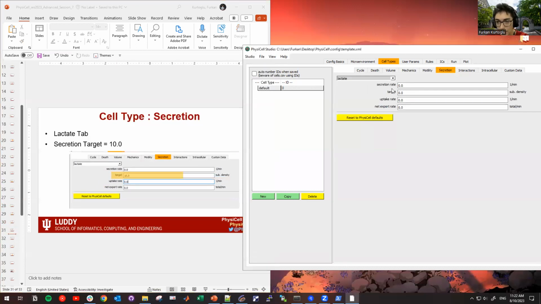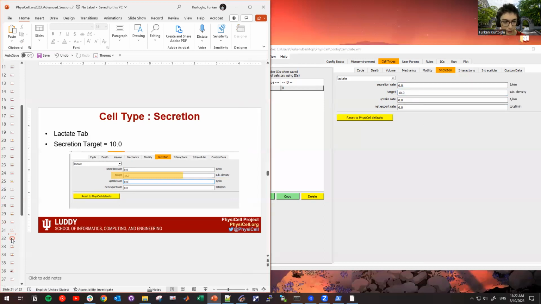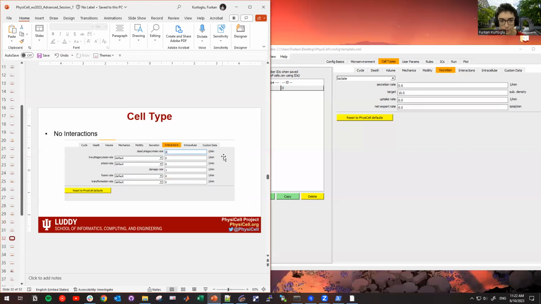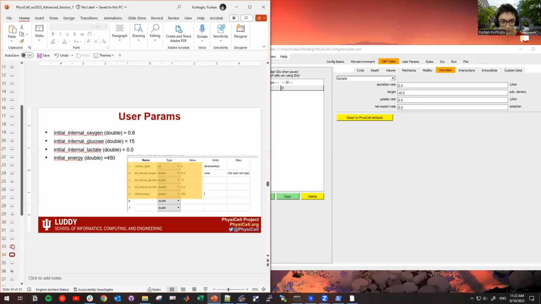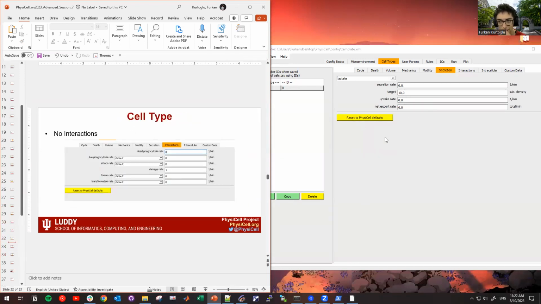And lactate will be 0 everywhere, but there should be a target value, because then the cells can secrete something. If we didn't put this target, then the cells wouldn't secrete any chemicals. So there will be no interactions, there will be no intracellular tab because it's not implemented yet,